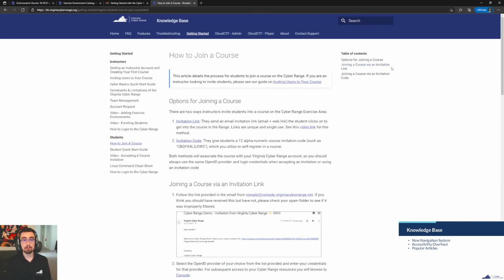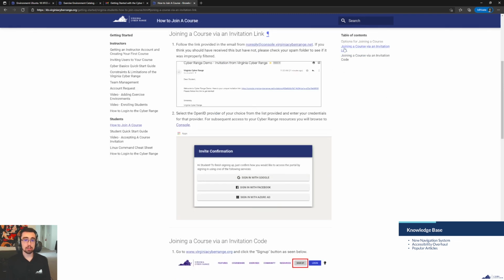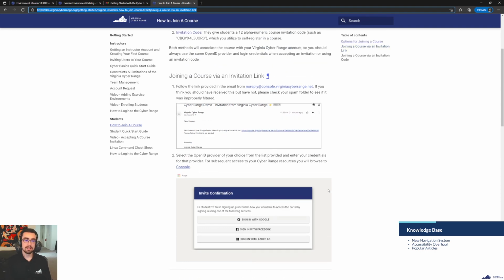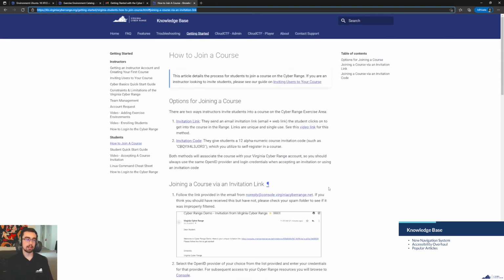So for example, if you sent out email invitations to your students, you can always just click on this section about joining a course via email, via invitation link, which is the one through the email. And then you can share this URL with your students and they should be able to follow along and get into the range. So great resource for getting set up and doing everything you need at the start.